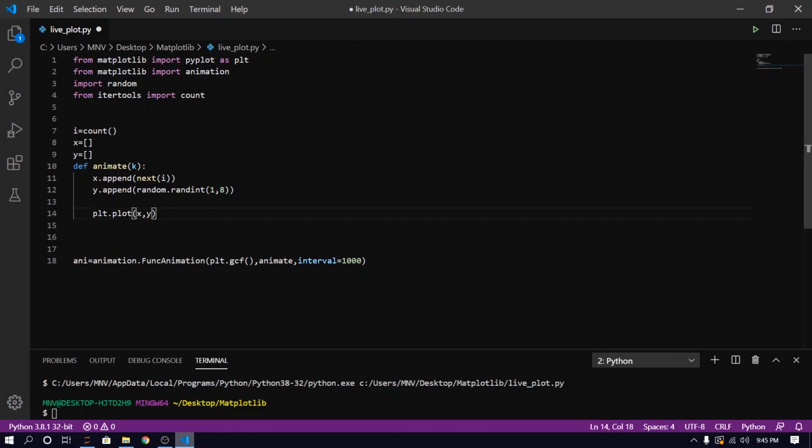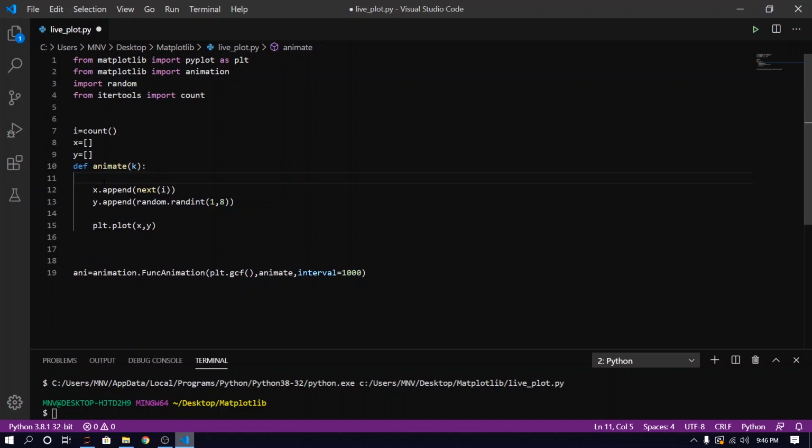Here I created an empty list, in which I am going to pass numbers. I pass k here, but you don't need to worry about what k is, because k is an internal argument, not for us. Now we are going to append x.